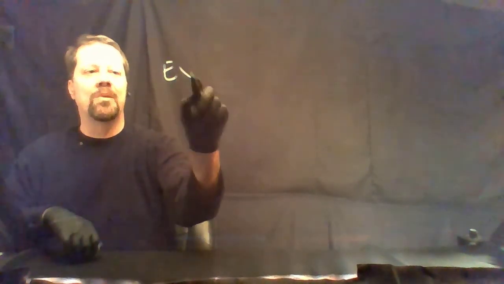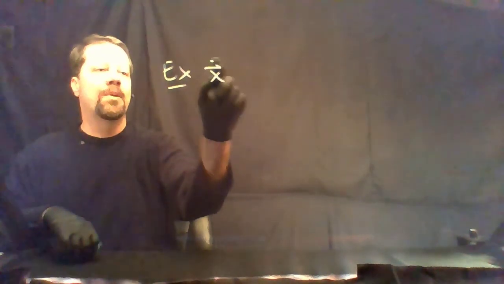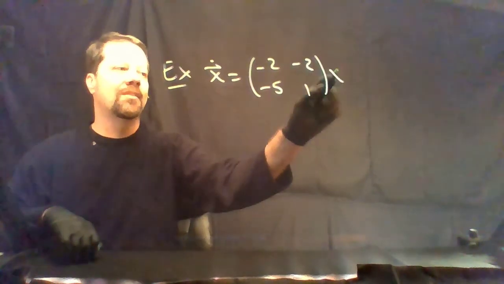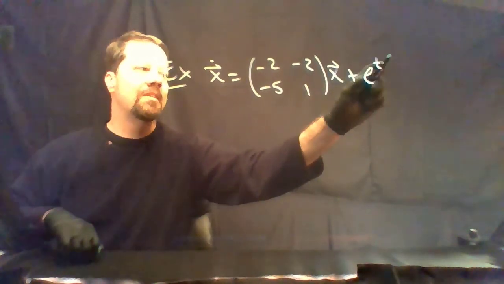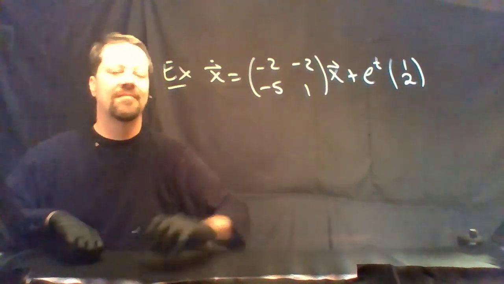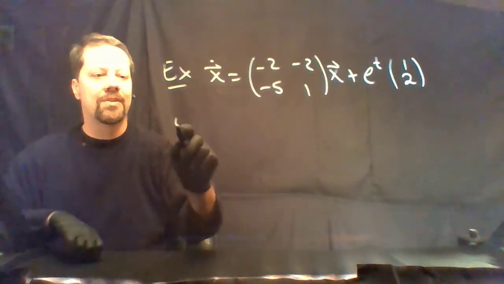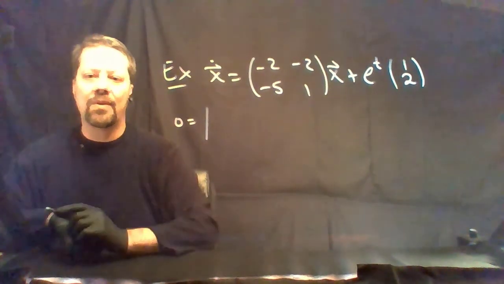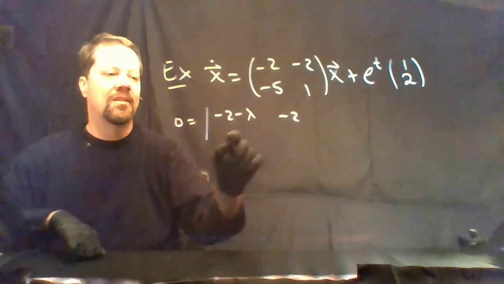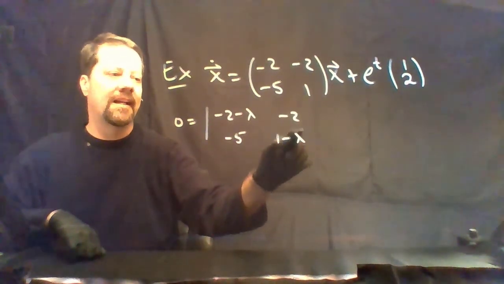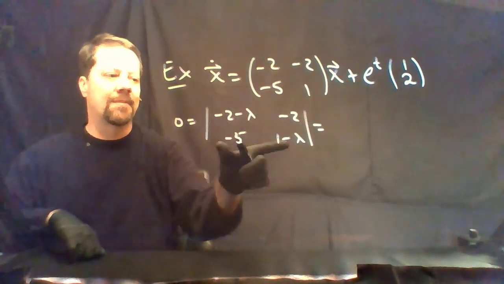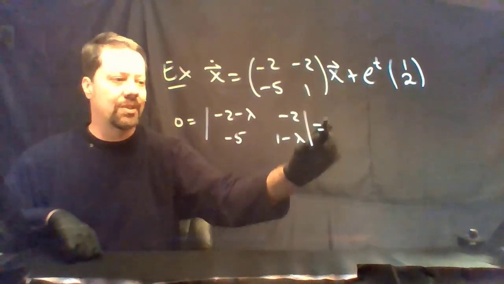For another example, let's suppose x dot is negative 2, negative 5, 1 x plus e to the t times 1, 2. Of course, the first step is to solve the corresponding homogeneous equation, and to do that, we need to find the eigenvectors and eigenvalues. So, subtracting lambda from the diagonal elements, taking a determinant and setting it equal to 0,